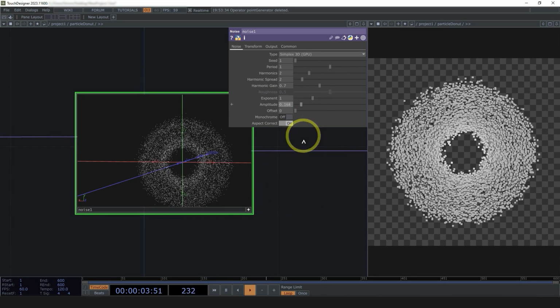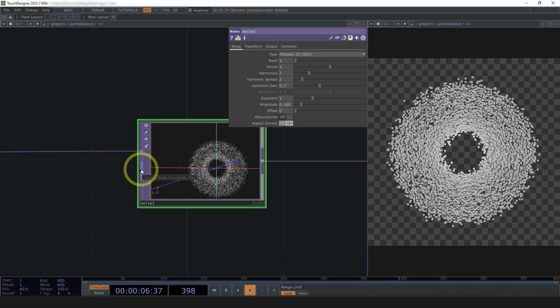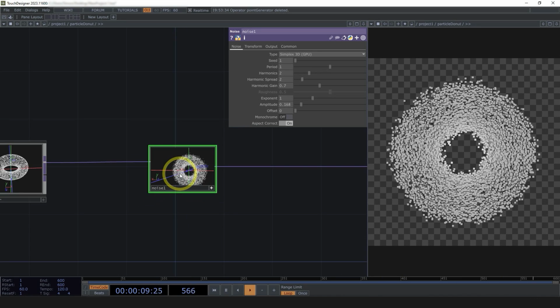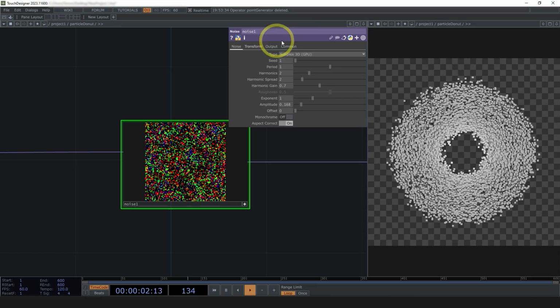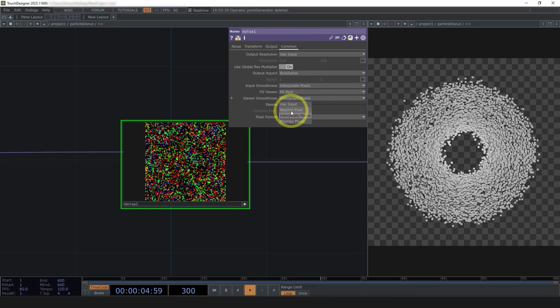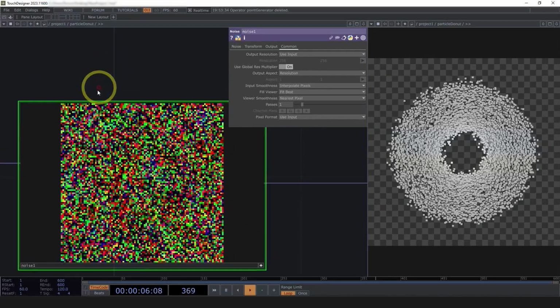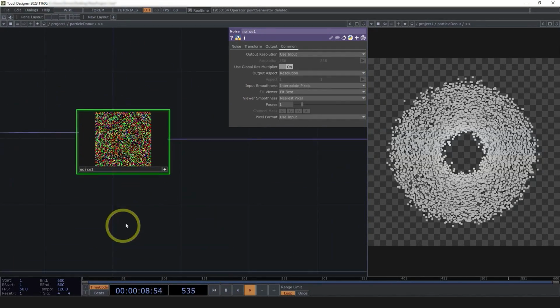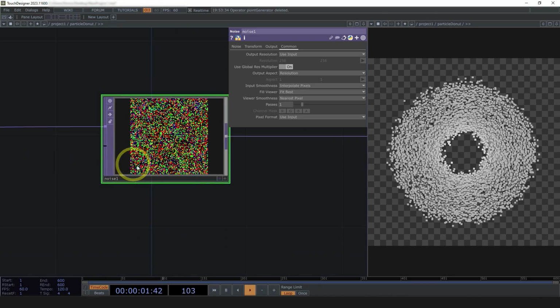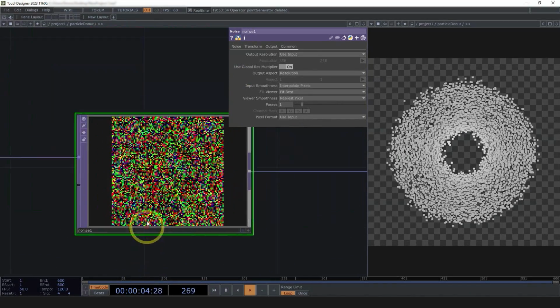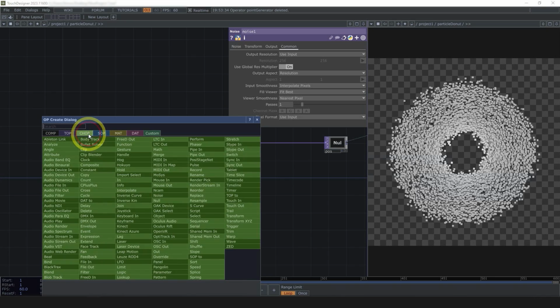But before I do, I want to talk a little bit about this second input here called noise coordinate map. By default, let's go back to our regular view and set this to just viewer matters, nearest pixel. A little bit about what that means. By default, our noise is using a 0 to 1 and 0 to 1 UV coordinate map, and so that means that pixels that are next to one another in this gridded view are related in terms of the noise. What that means, let's look at